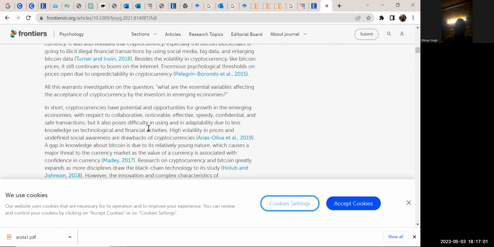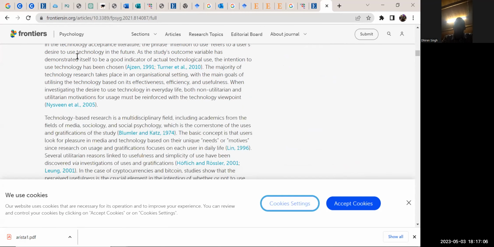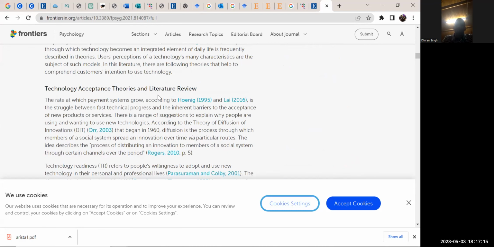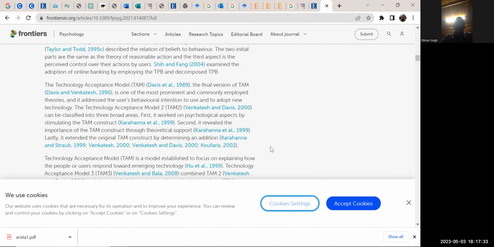So there it is. And when you read these things, you'll be able to pick up. Look here, literature review. There's the people that they're talking about, but this is a rather old reference. Look at all of this. There's technology acceptance, theories, and literature review. The way this person wrote it is how you must write it, but you must put it in your own words. Otherwise, you'll be caught for plagiarism. So you must talk about technology acceptance refers to this. And if you are quoting somebody, you know how to reference them. There's the reference, and you include that in your reference section at the bottom.